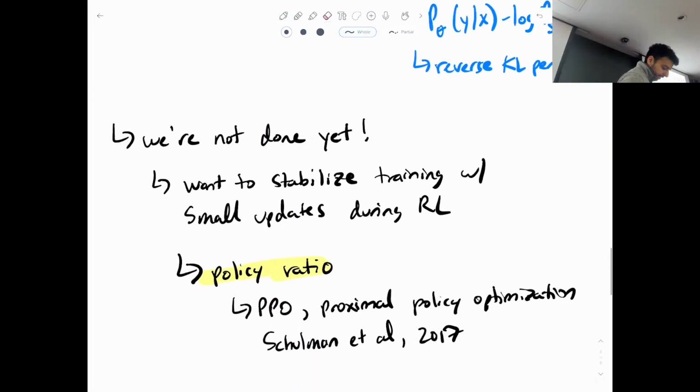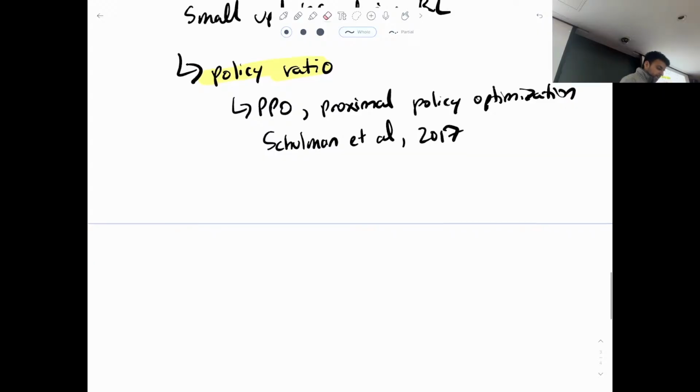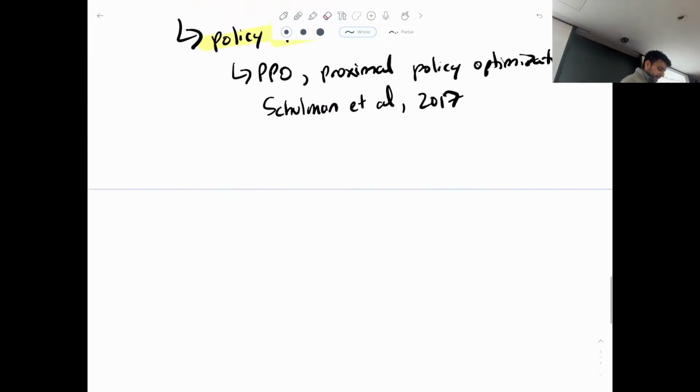All right, so let's get back to this. So far we've been talking about the KL divergence term, which penalizes the model from deviating too much from the SFT. But the policy ratio is intended to measure something different. This is denoted by this rho, which sadly looks very similar to p, so hopefully these notes are legible.